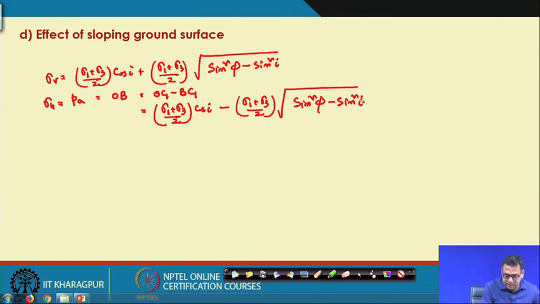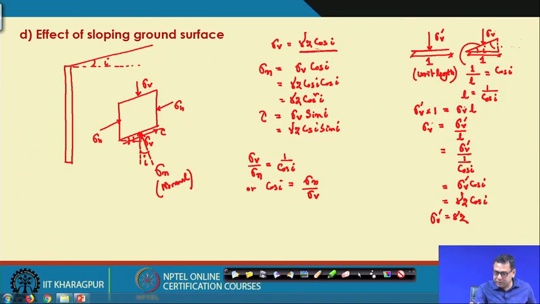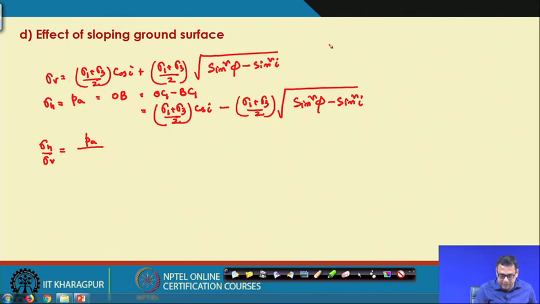So, I can write that finally, sigma h divided by sigma v, where sigma h is PA, and sigma v I have written is equal to gamma into z into cos I. So, I will write sigma v is equal to gamma into z into cos I, that is equal to, again I can write sigma h in this form. So, I can write sigma h in this form also.